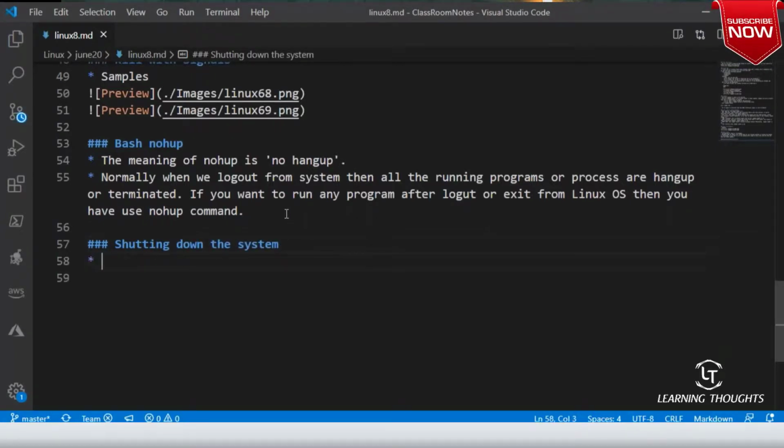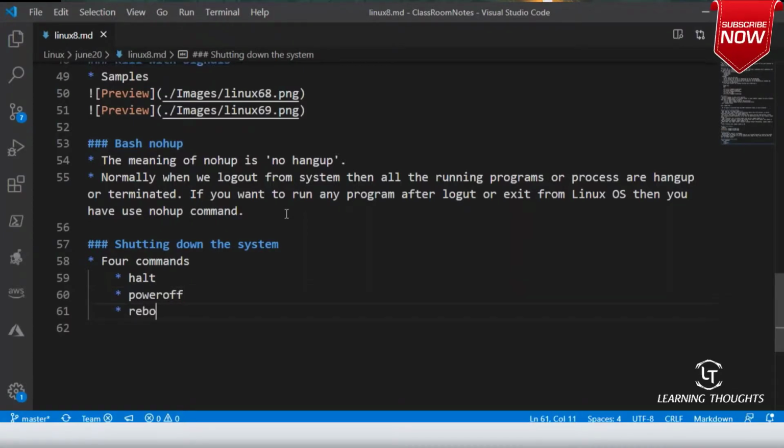Okay. So for this, we have 4 commands. The first command is halt. The second command is poweroff. The third command is reboot. And the fourth command is shutdown. Okay. So we have 4 commands which can basically help you with this.